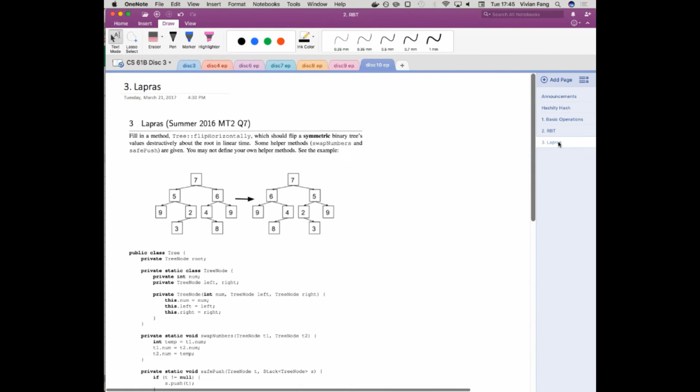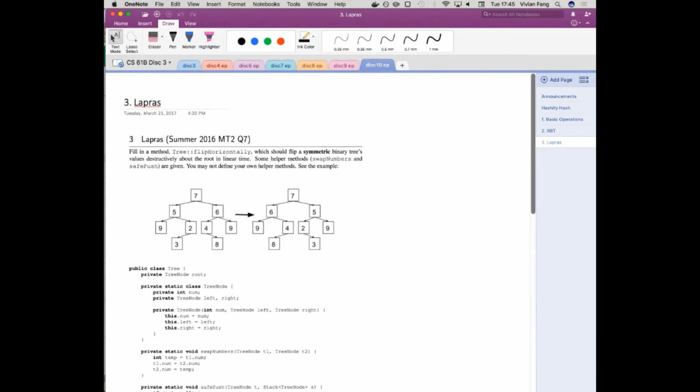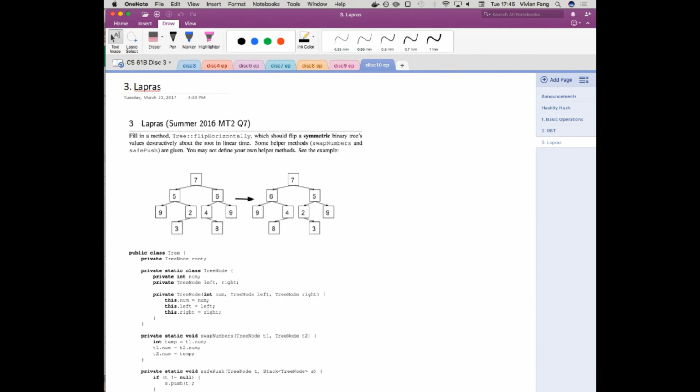So now take 5 minutes to think about, high-level conceptually, what to do for number 3, and then we'll walk through it together. This is the tree traversal problem, and I suggest you just think about how you should traverse this tree so that you swap the elements as you traverse them.